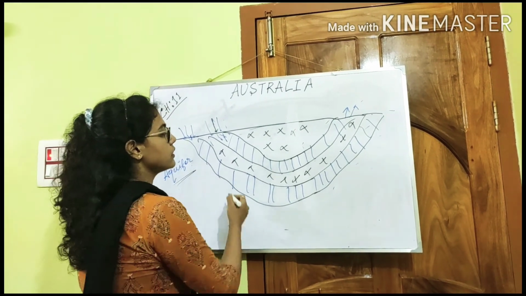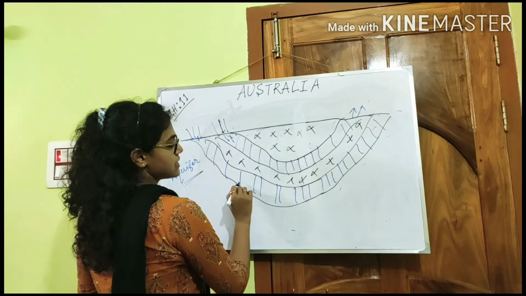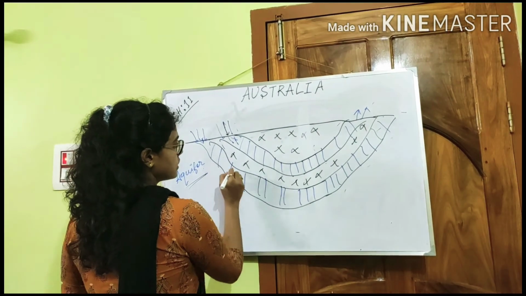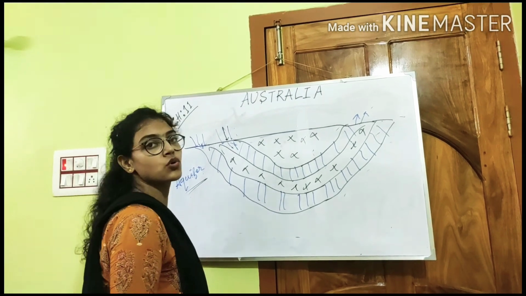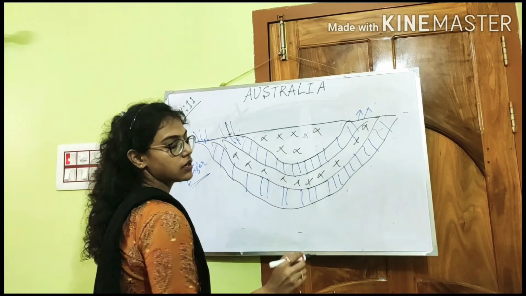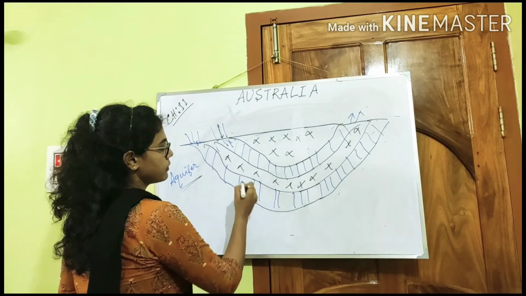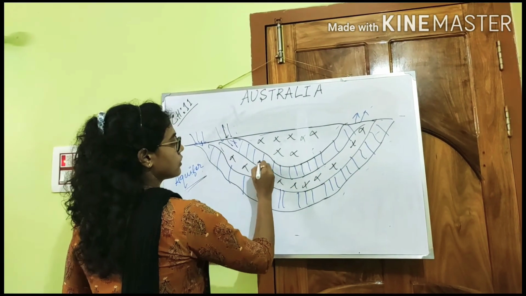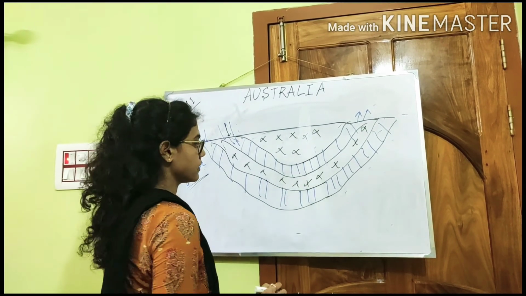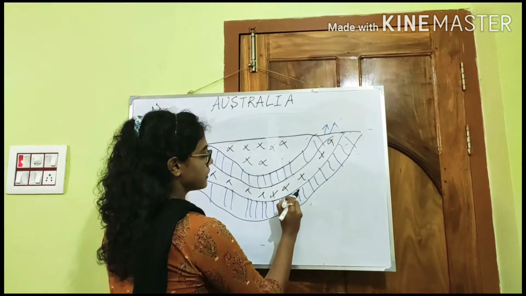This aquifer is made of permeable and impermeable rocks. These are the permeable rocks, where water can be stored, and this one is the impermeable rock. Why does it store water? It can store the water here because the impermeable rocks are here, so the water cannot go through to the next layer. That is why the water can be stored in this portion of the layer. So here is the water, here is the water.